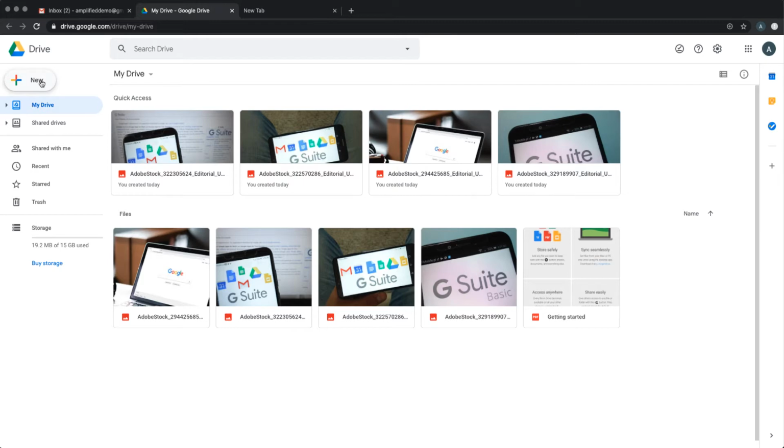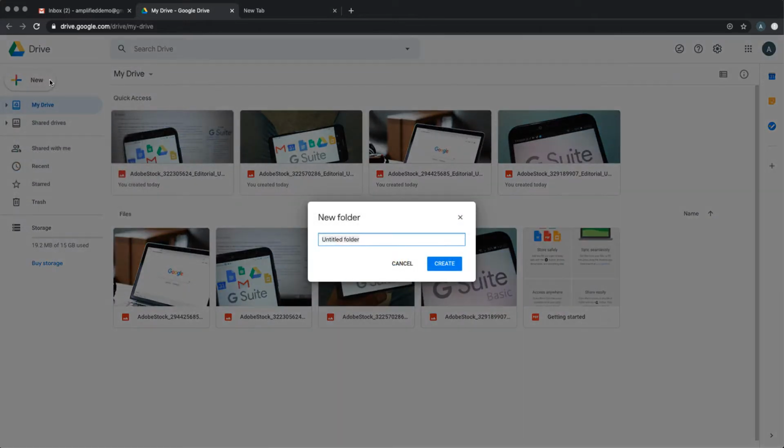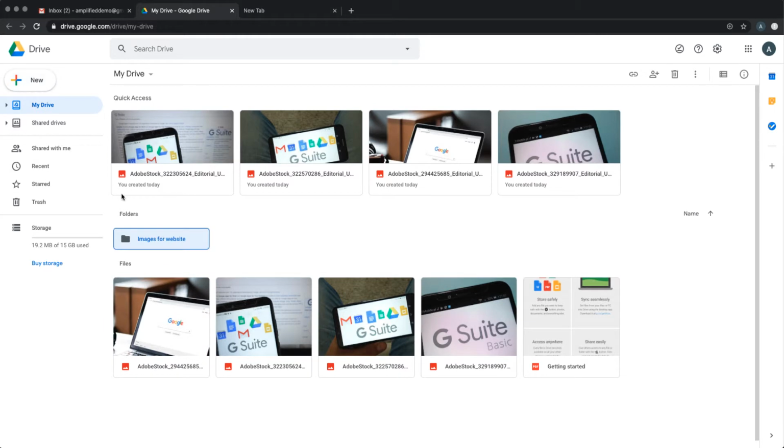So I'm going to click here on New, and in this case I'm going to create a new folder, and I'm just going to say Images for Website is going to be the name of this folder. So now I've got a folder here, and what I want to do is now select these images. So if I've clicked on this first one here, if I hold down either Control or Command, I can select